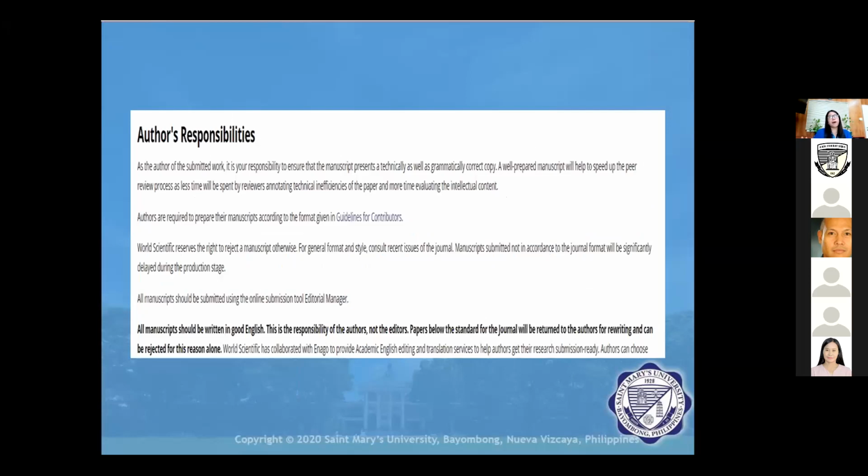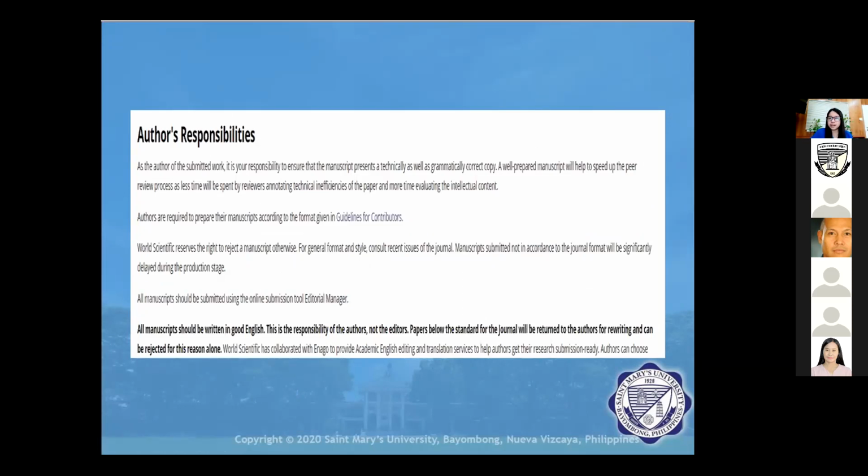Okay, if you happen to see some of the Scopus journals and encounter grammatical errors, why are there some published works in Scopus that are grammatically wrong? Let's just term it that way. Because if we go over the authors' responsibilities, which are placed in some of the Scopus journals,